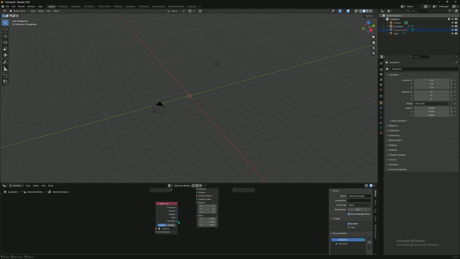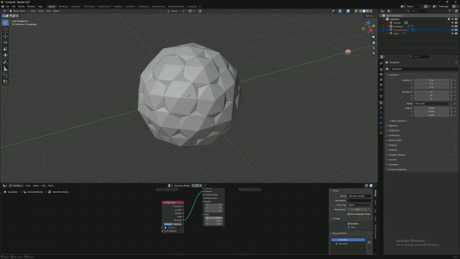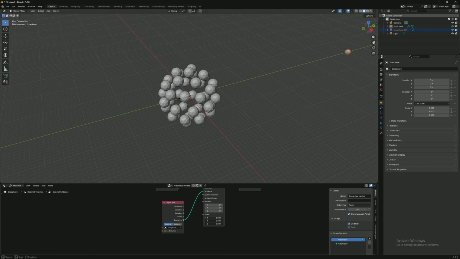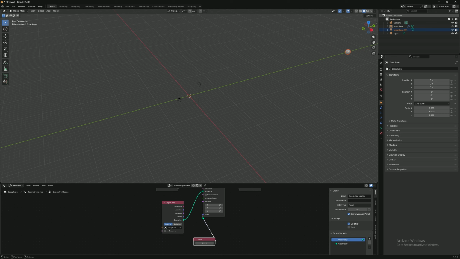We're going to choose geometry to be the instance. It's going to look big and wacky, so if you do all these together you can scale it, but to keep it easy we're going to add a value node, put that into scale. Now we only have to choose one, holding shift, so you can adjust it more easily. We're going to keep it not too big,